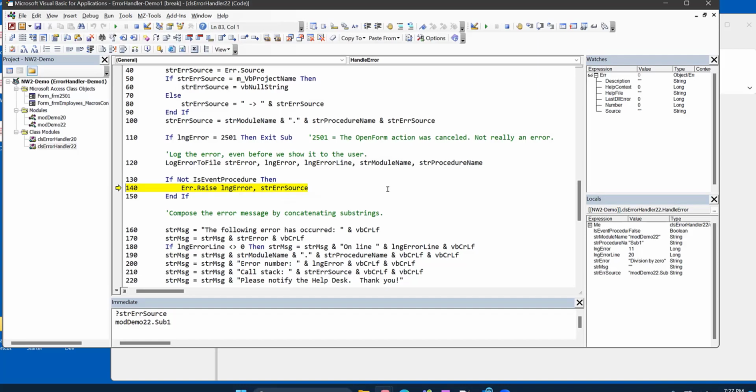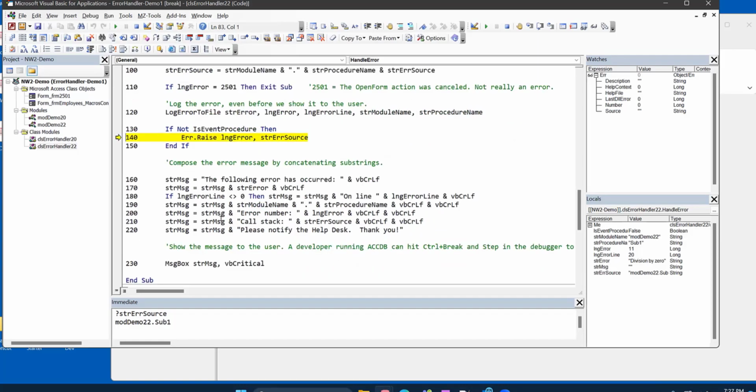And we are not displaying the message that we were doing before. Sub1 was displaying the message. Now we take a shortcut and say, no, we're not doing it. And not just jumping over this, but actually raising an error and going back to the previous stack frame, looking up the stack and saying, who has an error handler for me that I can use and continue there? So if I step now,